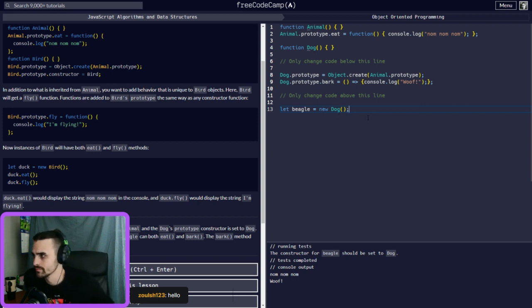Add all necessary code so the dog object inherits from animal, and the dog's prototype constructor is set to dog. This line above this line. So all this would inherit from dog. You got animal up here and you got dog right here.